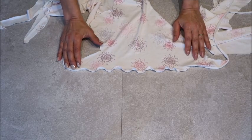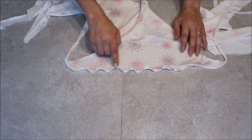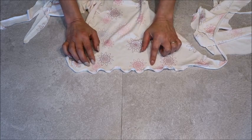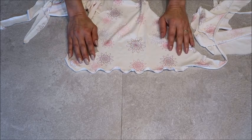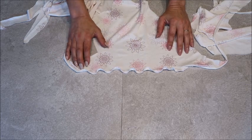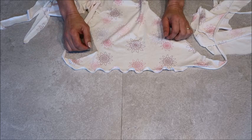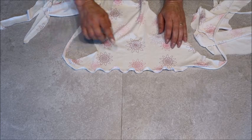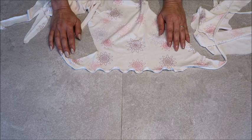For the hem, I want to make a lattice hem, and it is something like this. I always make a try on a scrap of the fabric, because every fabric acts differently, to see if it goes well and how it acts on this kind of fabric. Of course, you can also just do a normal hem by folding it in a centimeter, folding it in another centimeter, and top stitch it,